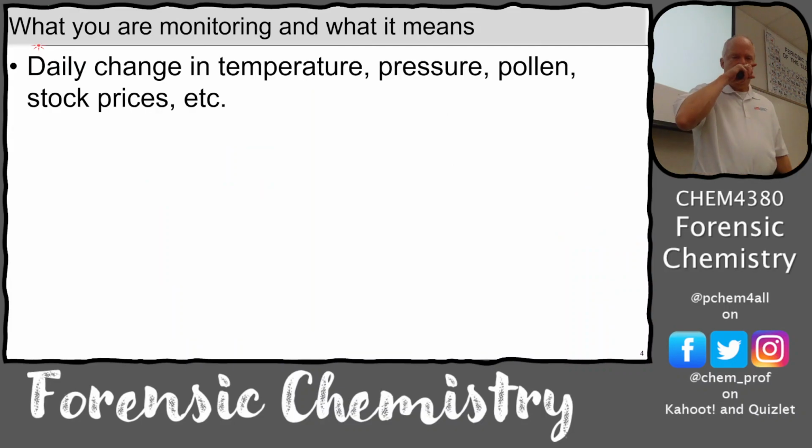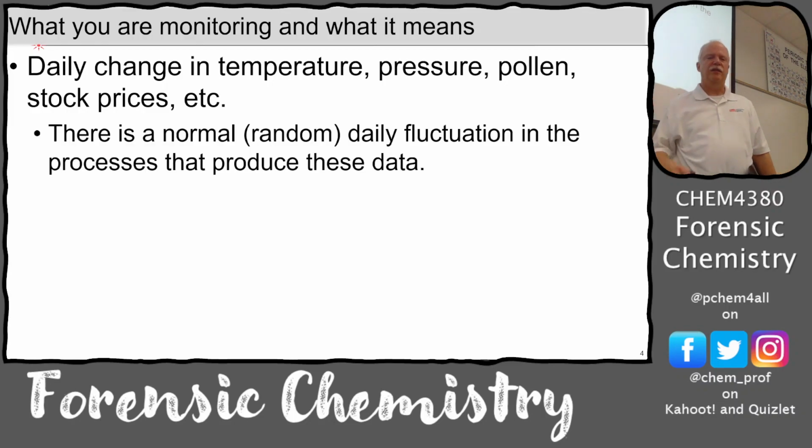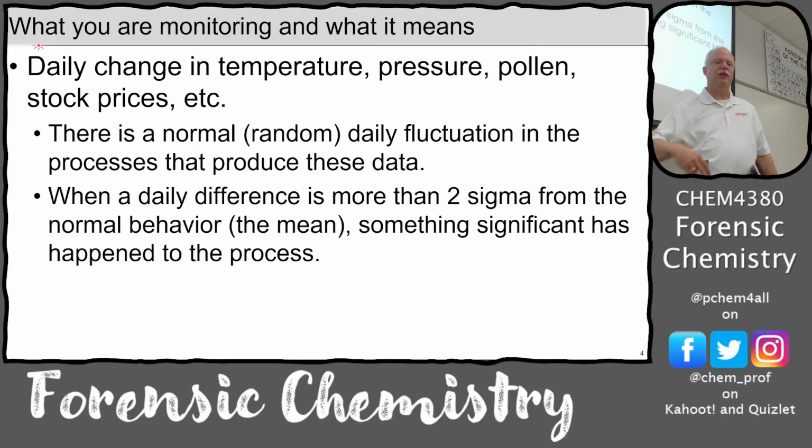And so if you're measuring the daily temperature, daily changes, or pressure, or pollen, etc., there's this random fluctuation. And what we're looking for is when it jumps more than 2 sigma from that normal behavior, something significant has happened to the process. And that was the problem with those balances at Pentex. Nothing significant was happening. The other thing that was a problem with that process is they were not ever really measuring things